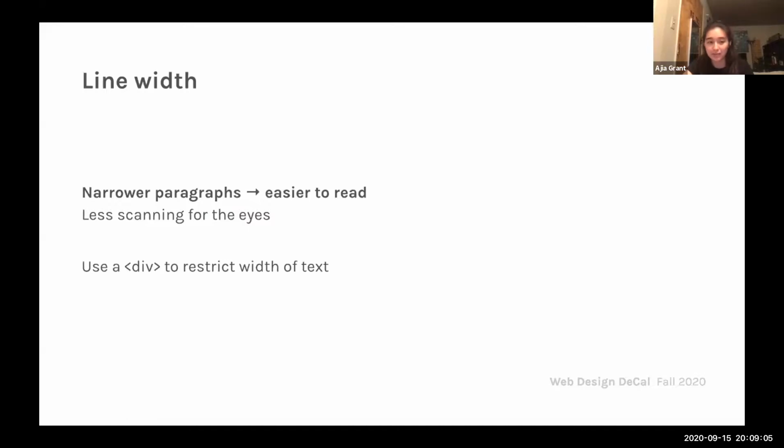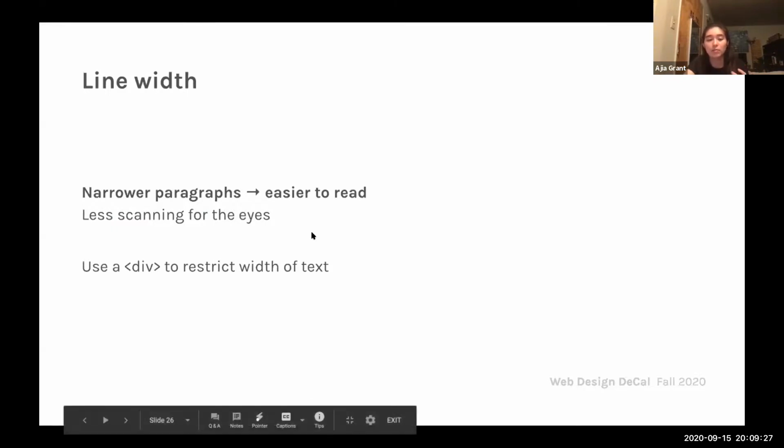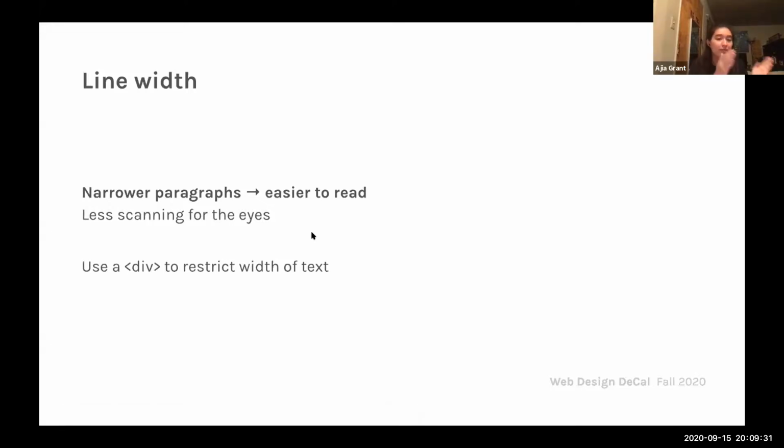So line width, we talked about this a little bit. Narrow paragraphs are easier to read. There's less scanning of the eyes, and you can use a div to restrict the width of the text. So as you can see here, the text doesn't extend all the way across the page. It only extends like halfway through, and that makes it easier to read. You don't have to go all the way from one side of the screen to the other,